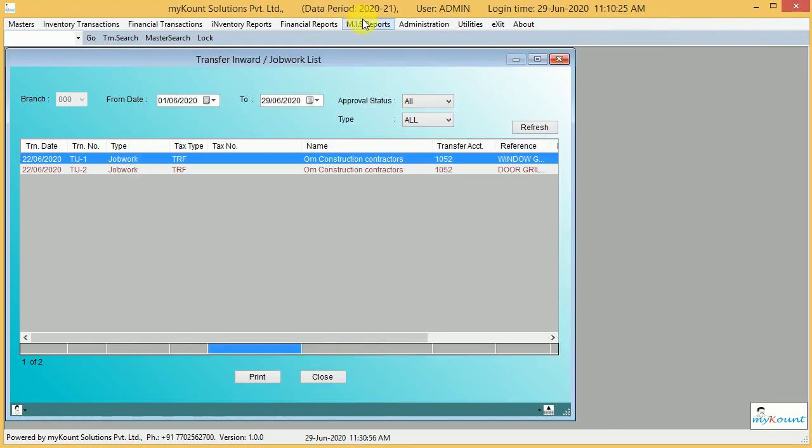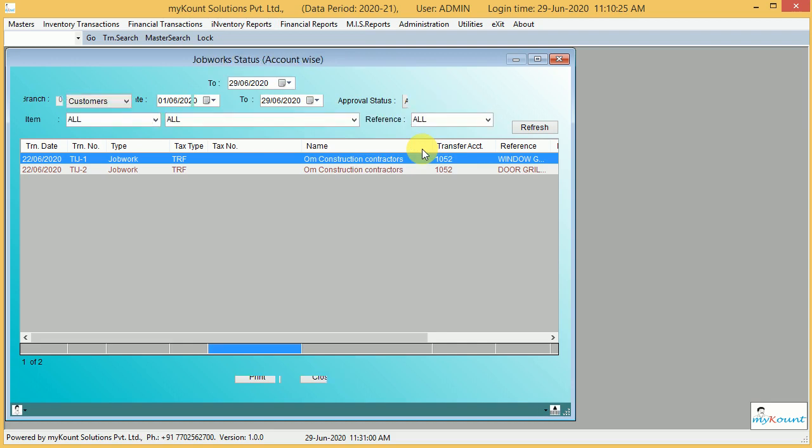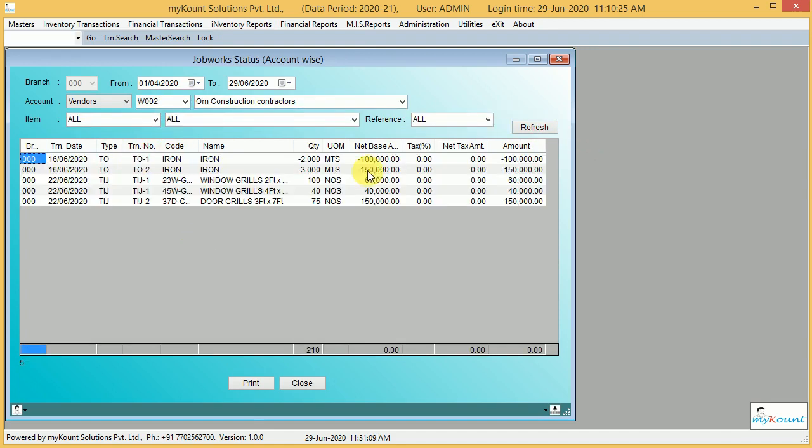Here in reports, we can see job work account wise. By selecting account wise on work contractor basis, we can get the data of whatever outward supplies have been made and whatever inward supplies have been made. Usually based on the estimated price, we will make outward and inward of equal value, and for processing charges we will generate a bill